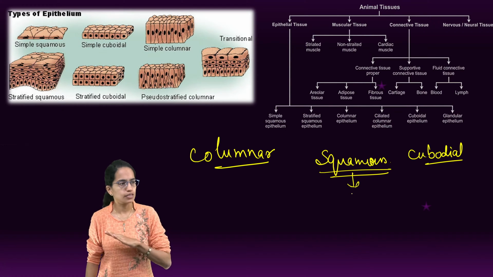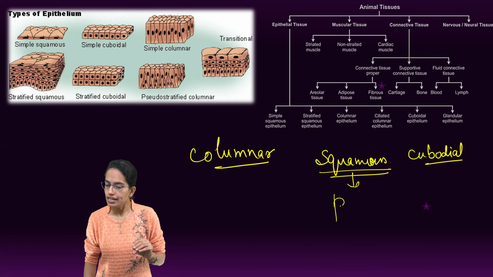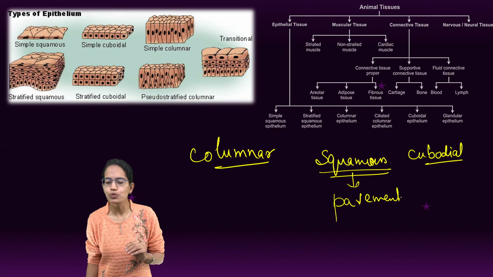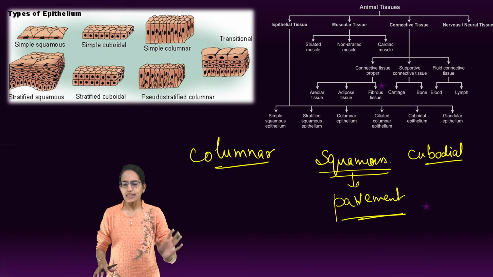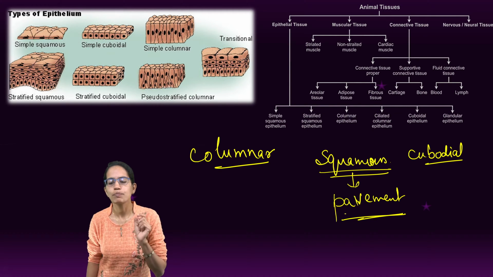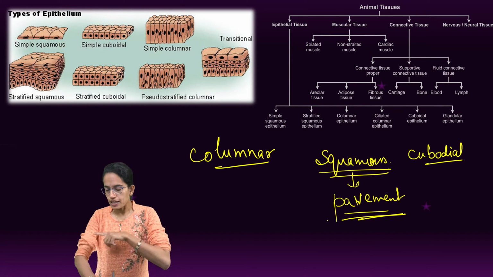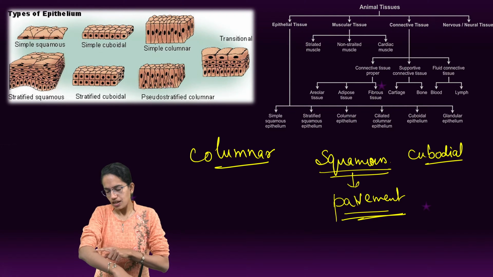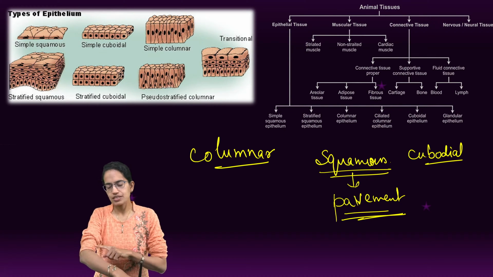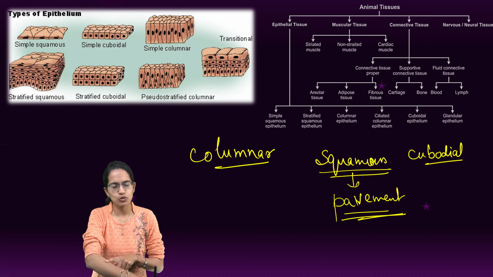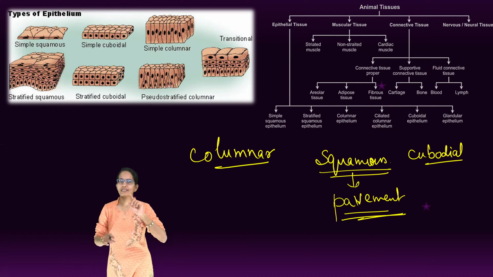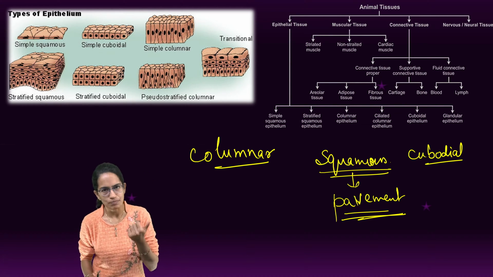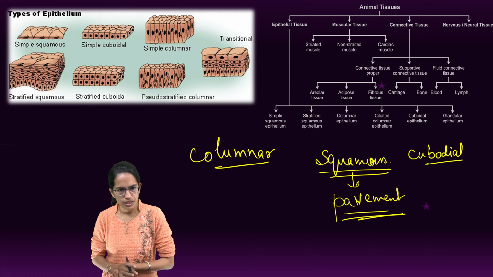Now this squamous is flat, it is plate-like, and therefore it is also called pavement. You go to the garden, you walk on a pavement, and it's arranged in a squamous fashion, and therefore squamous ones are called pavement epithelium. Very, very important, very, very simple to learn. The surface is thin. The most interesting feature is that on the surface of the cell, if you see a small bulge, that indicates what? That indicates the nucleus, as simple as that. So under a microscope, the identification becomes very simple.